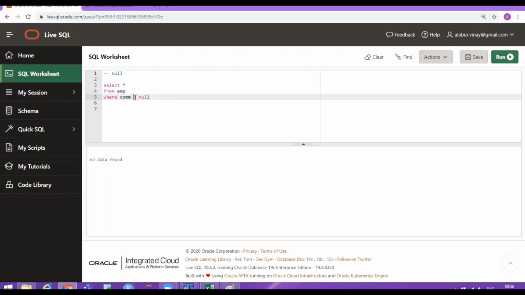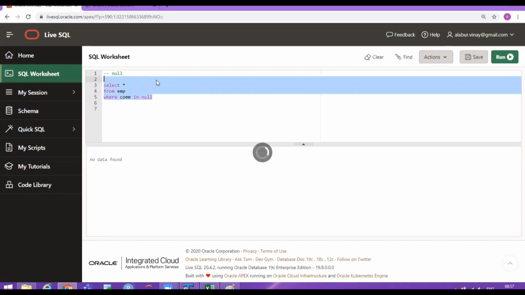So that's the reason you have to use the IS operator, IS NULL. So whenever you need to fetch or compare the value,